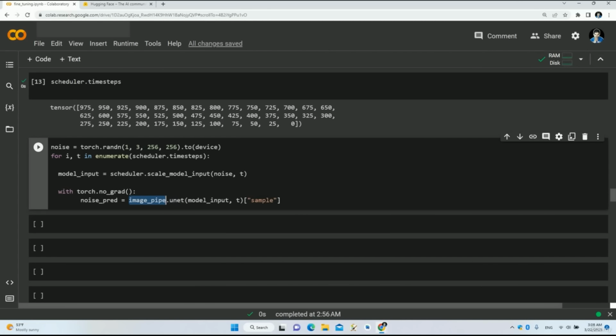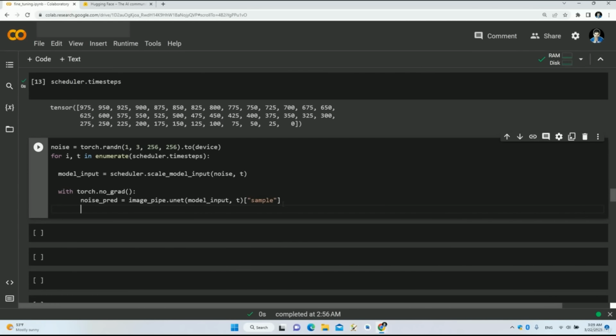We will use our pre-trained U network, which is inside this image pipeline. We will pass the model input and the time step that we are in right now to this U network, and we will take the output from this pre-trained U network, which is our noise prediction